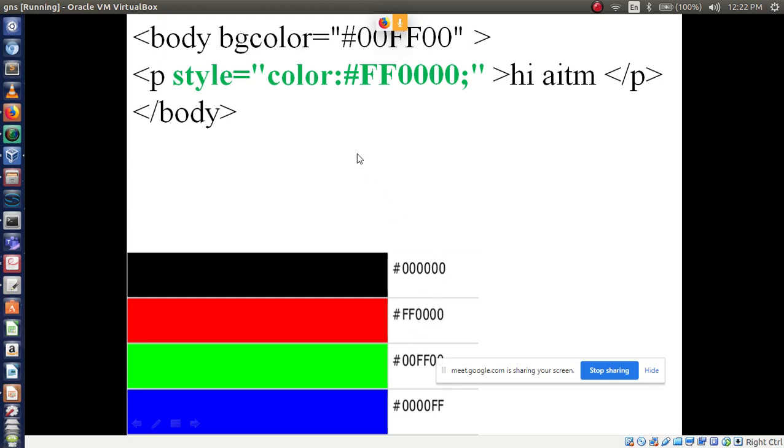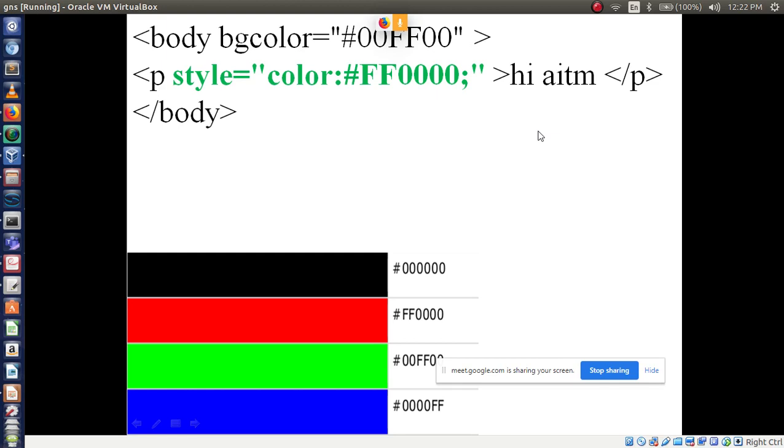Okay, yes. Now I am applying one more color to this tag, that is the P tag. P tag has Hi AITM. So which color is it? Hash FF0000. Which color is it? Red. Okay, Hi AITM will display in red color. So these are different kinds of methods, right?